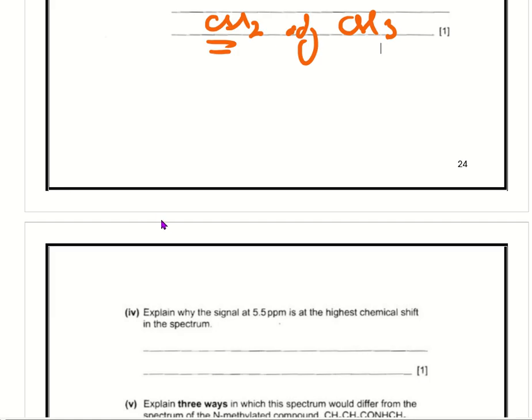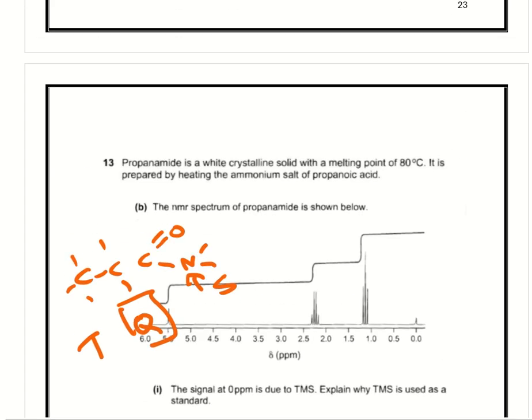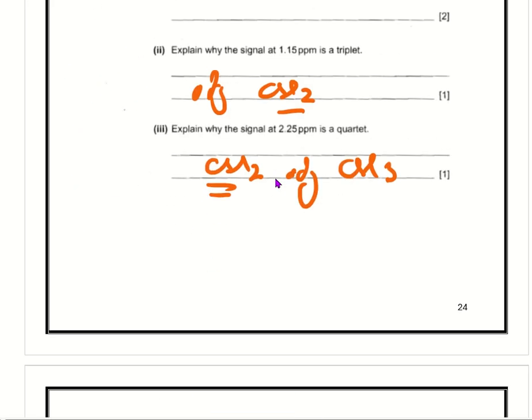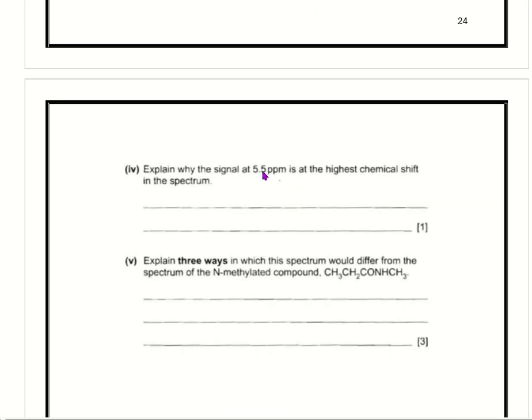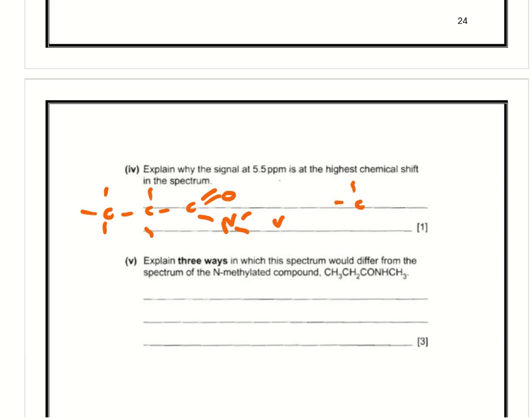Explain why 5.5 is the highest chemical shift. Well, 5.5 must be the hydrogens here in blue. It's the highest chemical shift because they are de-shielded, because they're closest to or attached to the electronegative nitrogen atom. 3 ways in which the spectrum would differ from. Okay, well, let's draw the 2 molecules side by side and see if we can work out why they are different. So we're that versus